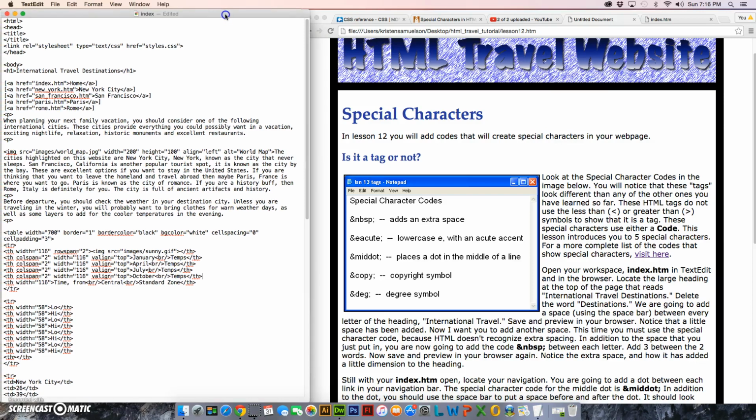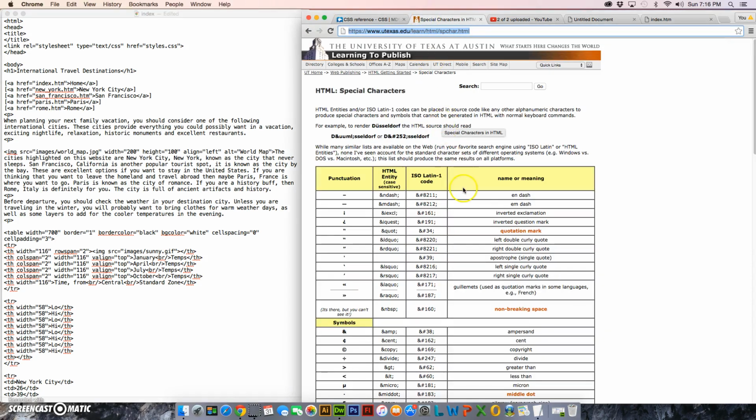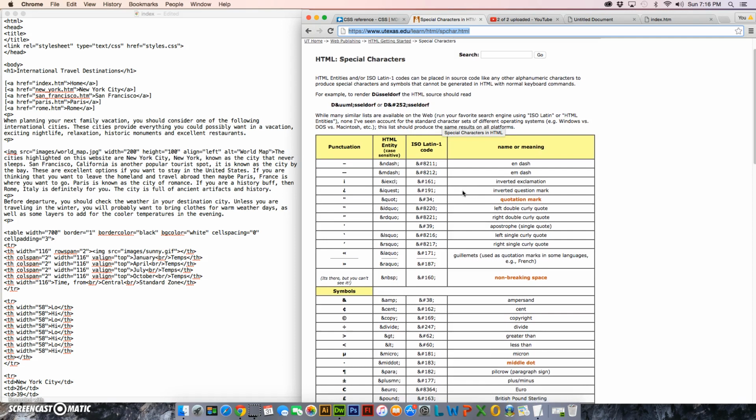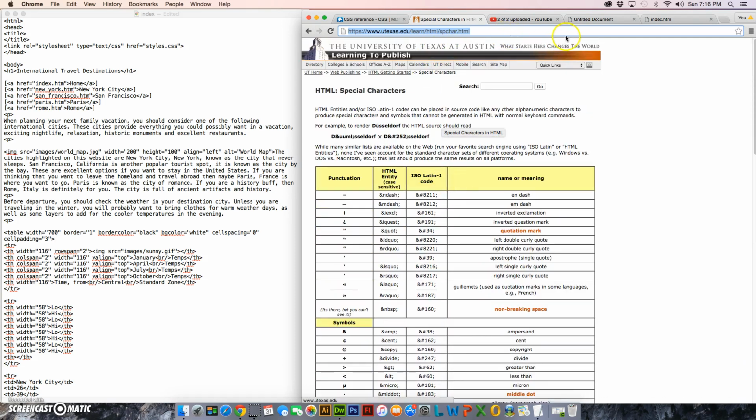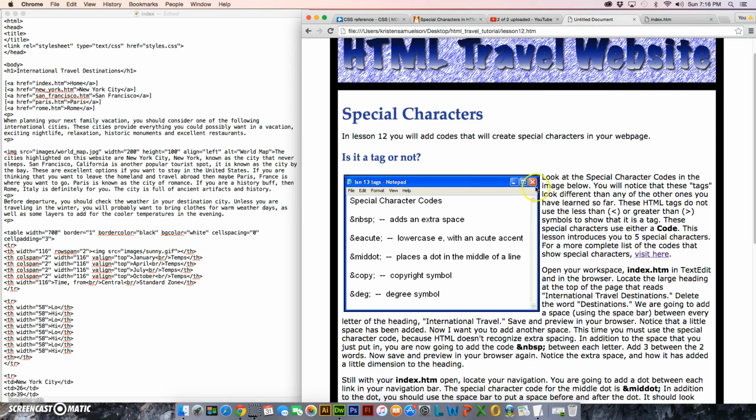In Lesson 12, you are going to learn about some special characters. There are tons of special characters that you can find, and I've linked to one on the web page. There are a lot that we won't use, but sometimes you need to have those characters in your code. Now, these special characters do not use the greater than or less than symbol, so they are actually referred to as codes, okay? So what we want to start with is going into index.htm, and we're going to find our